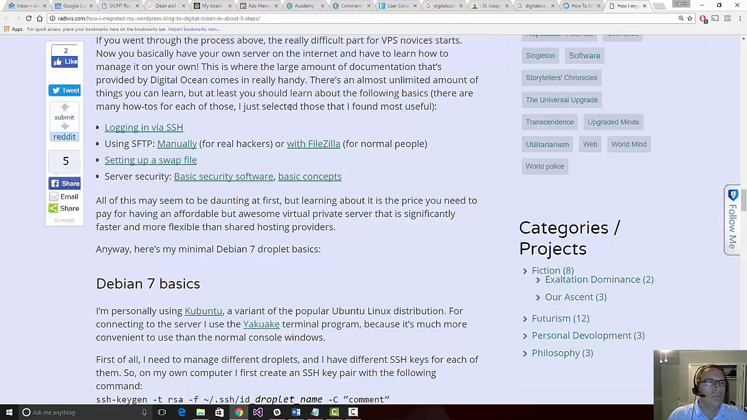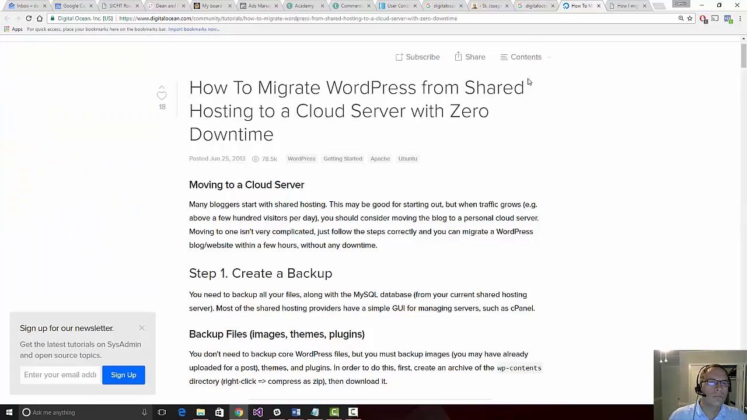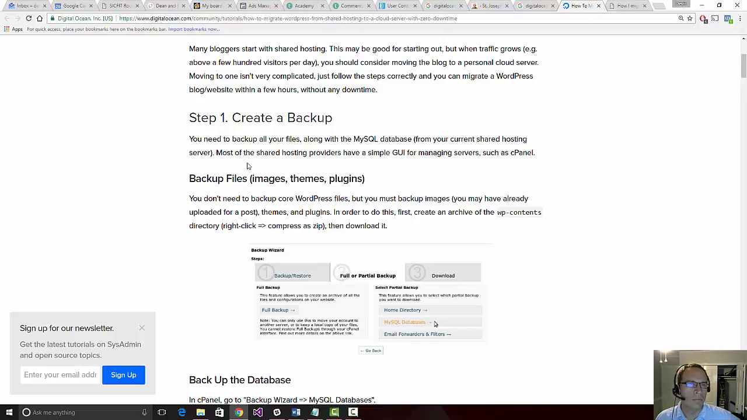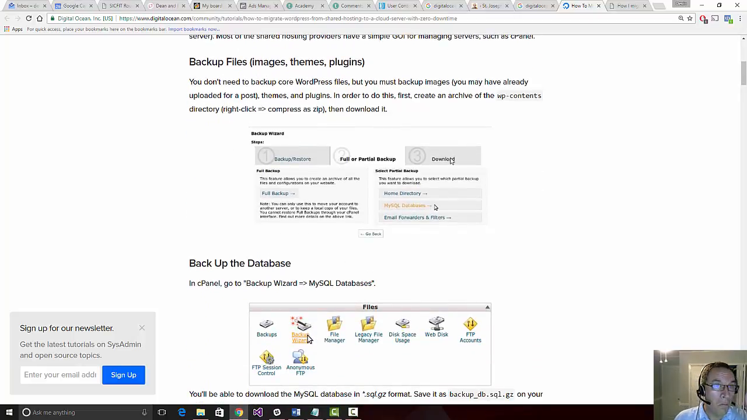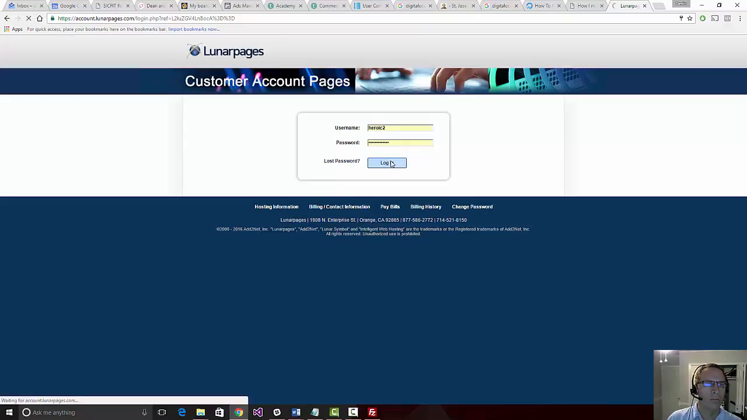Okay, so I want to migrate my blog from a shared host on LunarPages to DigitalOcean. My site is heroicvirtuecreations.com, and LunarPages is like a GoDaddy. It's a shared host, but I need more power, and they're complaining at me I'm using up too much CPU because my blog's a little bit too popular. So I'm following the directions on a tutorial